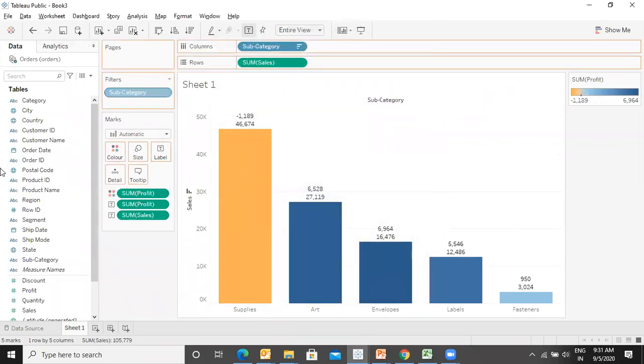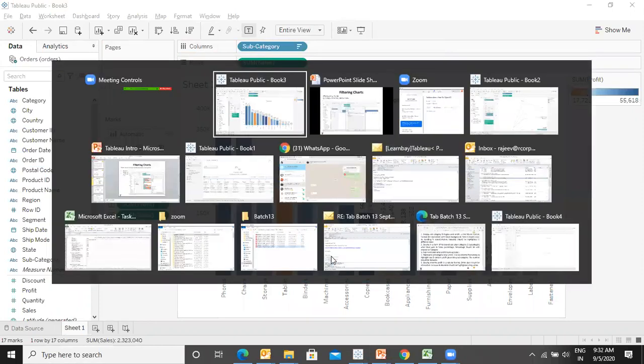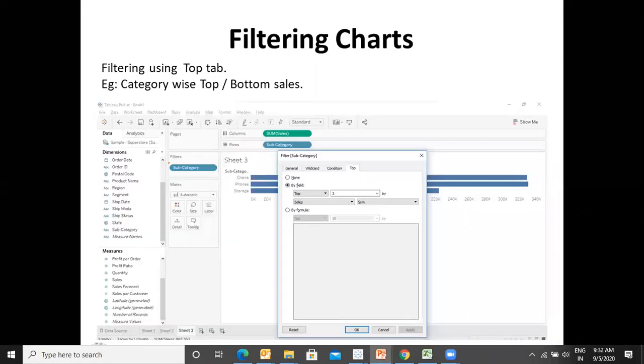So let's remove this. Filtering will be applied only to the dimensions, not the quantities, right? Like the measurable values. If we have to put sales and filter, that will not make sense, right? Wait, let me finish the topic of filters. You will get the answer automatically. We are covering that as well.